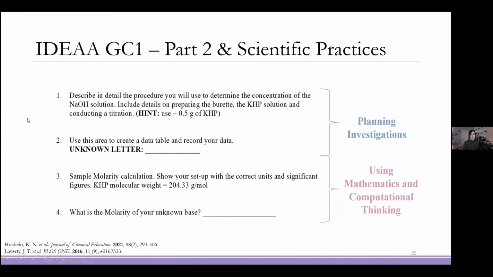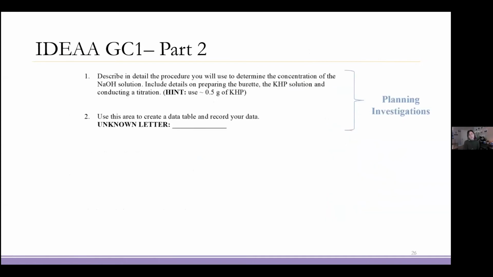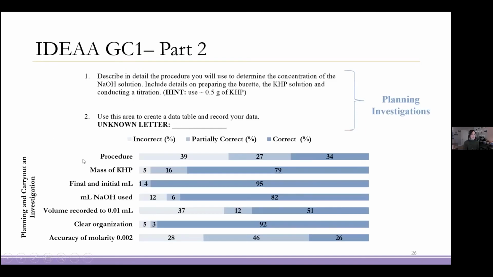And so how did they perform on this? Well, on the first two questions where we have them plan an investigation, there were several things that were included in the rubric for these two questions. So first of all, with designing their procedure,